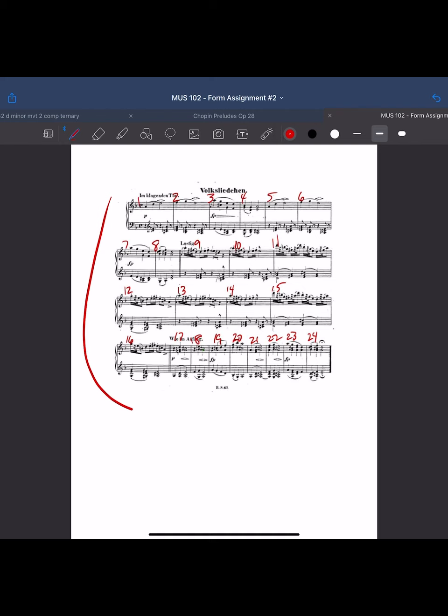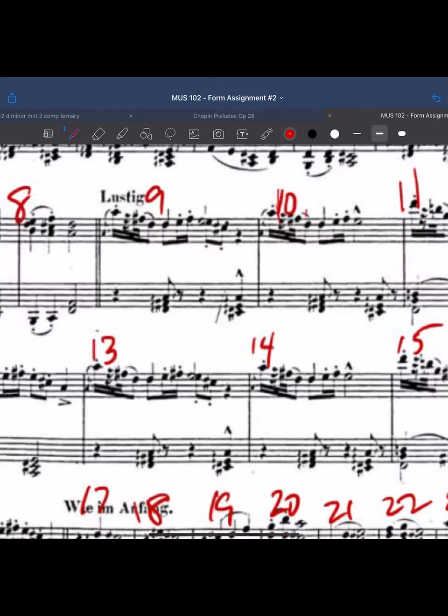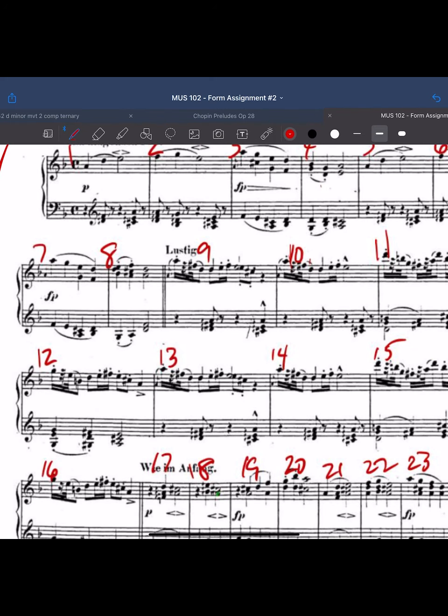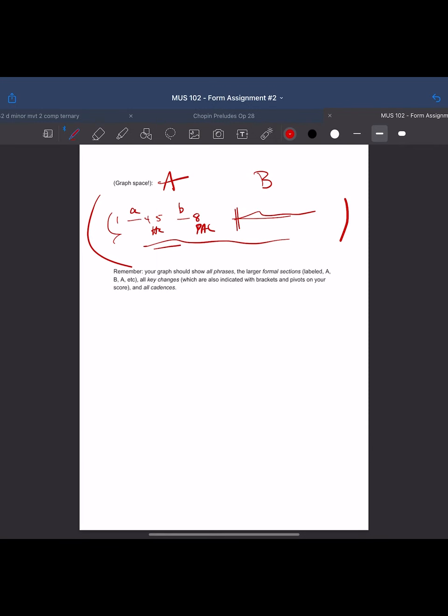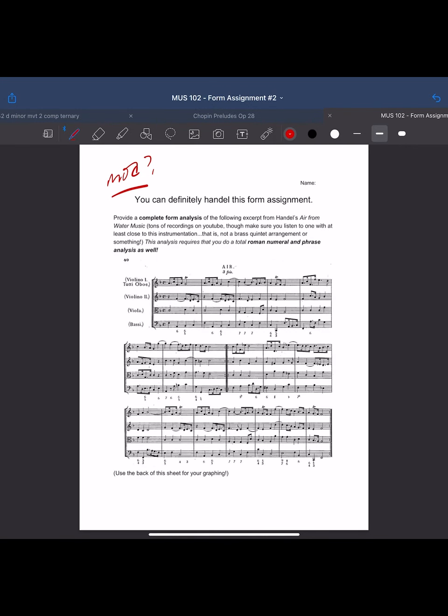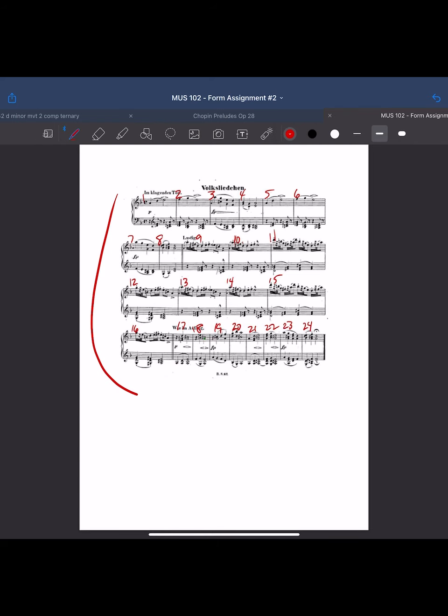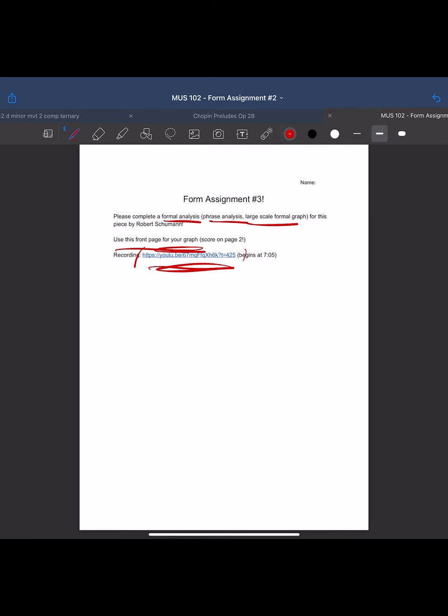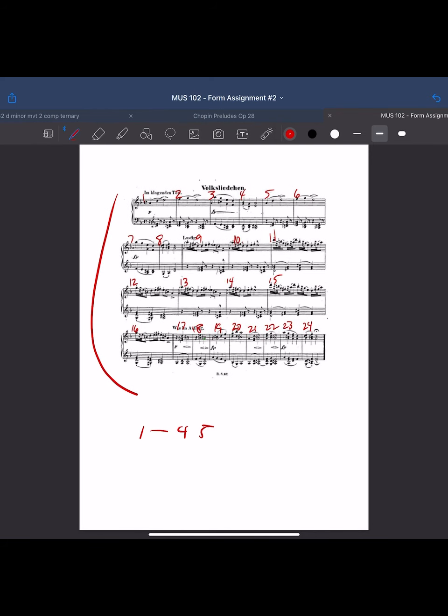You're going to have to necessarily do some of the Roman numerals because you have to find the cadences, you have to figure out what type of cadences there are, right? But you don't necessarily have to zoom in and go, okay, cool, we're in D minor, and going 1, 5, 1, 5, 6, or whatever. You don't have to do that. Just to save you some time, because that first one, this is a bit more involved, at least harmonically. But you do have to do enough, again, to be able to talk about the phrase and large-scale formal graph, right? So you're still going to be doing this, 1 to 4, 5 to 8, all that stuff,